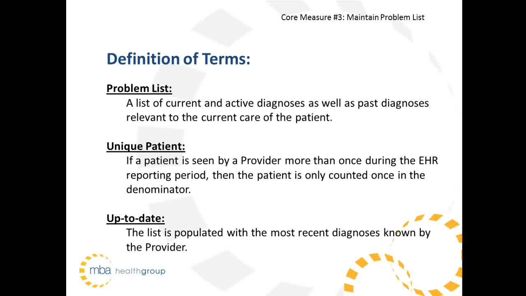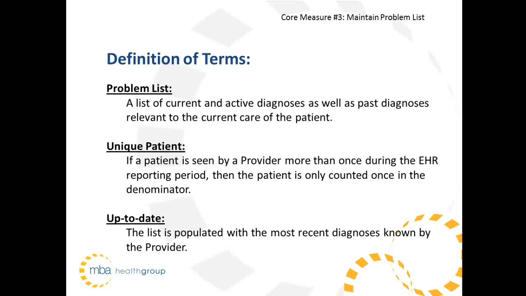There are 3 terms to define for this measure: problem list, unique patient, and up-to-date. A problem list is defined as a list of current and active diagnoses as well as past diagnoses relevant to the current care of the patient. The concept of unique patient means that if a patient is seen by a provider more than once during the reporting period, then the patient is only counted once in the denominator. And finally, up-to-date refers to the status of the problem list, which is populated with the most recent diagnoses known